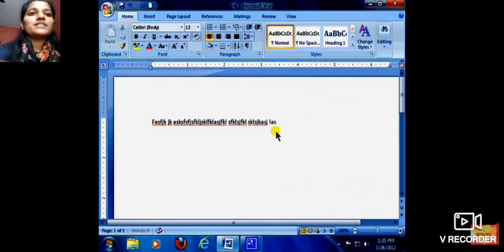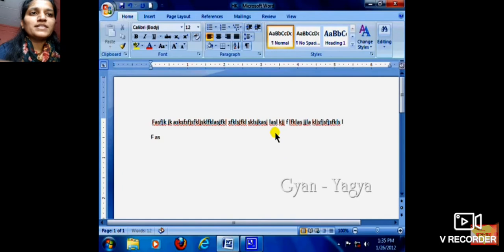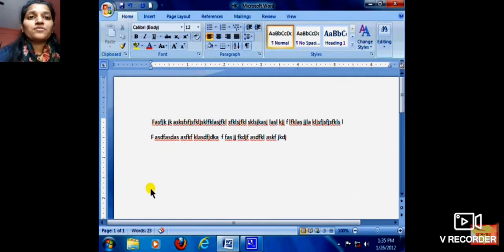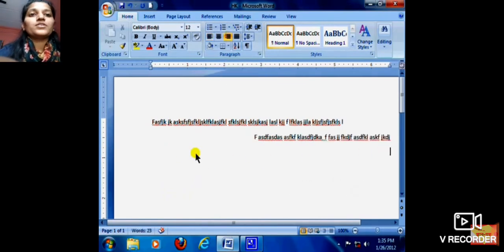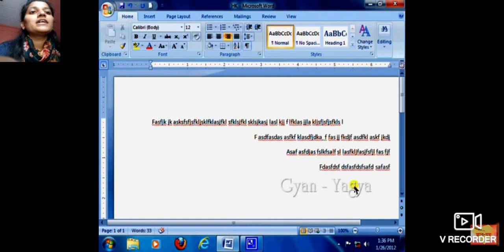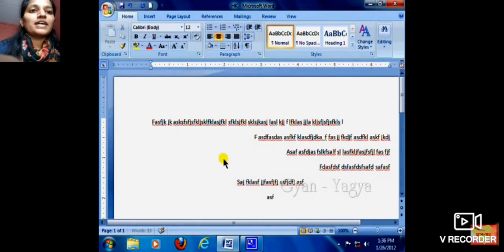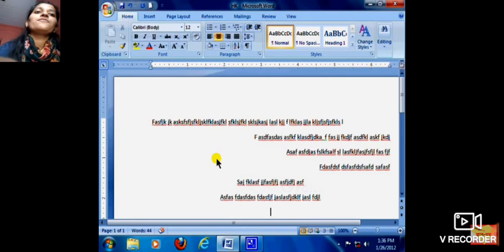Here if we type anything, in this blank space I'm just typing something. You are going to type the paragraph which is there in the computer. You are going to upload your file on your Google Drive. Here students, we can choose the alignment. We can get the typed data in the center. If we want it in the center, we can get our data in the center, and if we want it on the left, we can get it on the left, and if we want it at the right, we can get it at the right side.